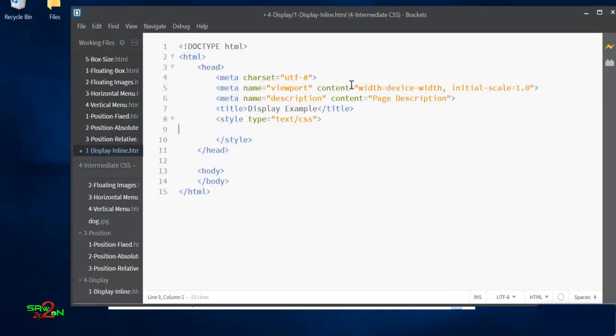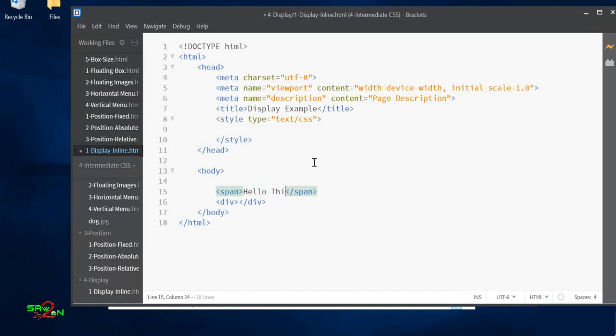Say display. This will create a very simple example to understand the concept better. What we'll do, we'll work around with span tags and div tags. Let's understand.